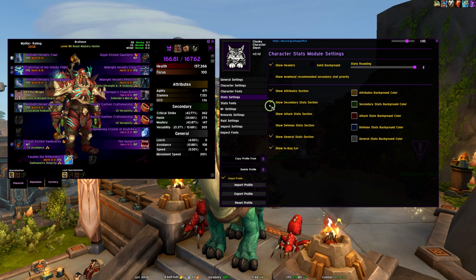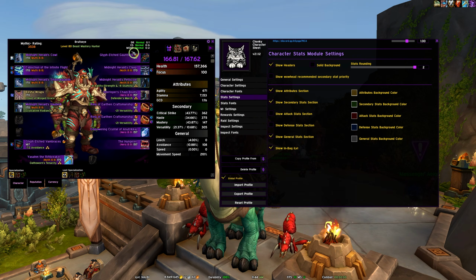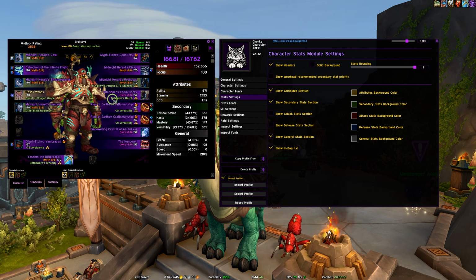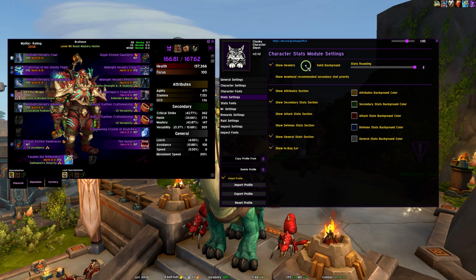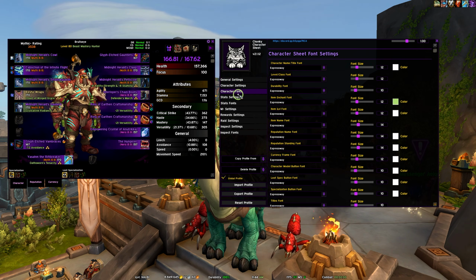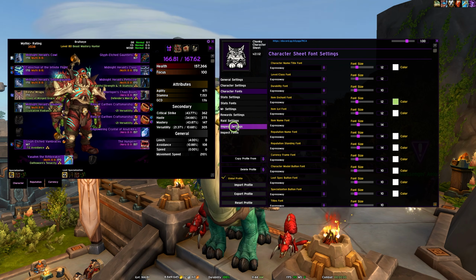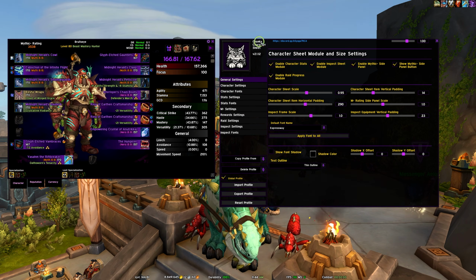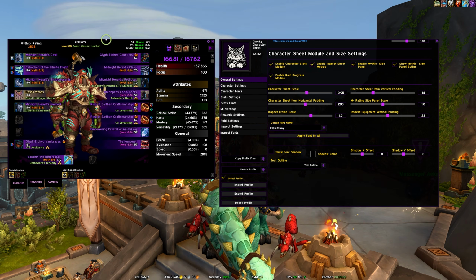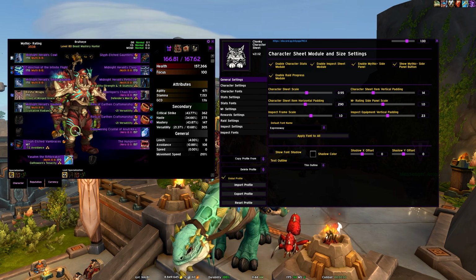I love this thing. I love being able to just open my character panel and see everything's enchanted, everything's gemmed, everything's currently max, 8 out of 8, 6 out of 6, whatever it is per patch. I love it. It does show you when enchants are missing or whatnot. You can resize it, you can scale it, you can change the font. Again, it's just totally customizable. Highly recommend Chonky Character Sheet if you want your character sheet to look like this or something similar.